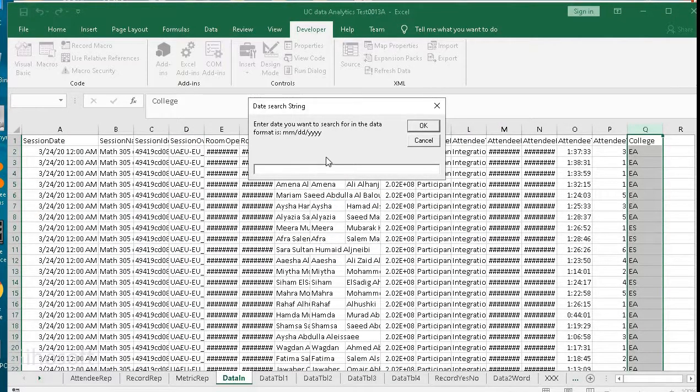Now this is crucial. We said the files were for the 22nd 2020, and the format of the date is very crucial, and it says month/day/year. You have to enter it in this format. If you enter it in any other format, the program will not work. So that's the only stipulation, that the date must be in this format, month/day/year. You click on OK,